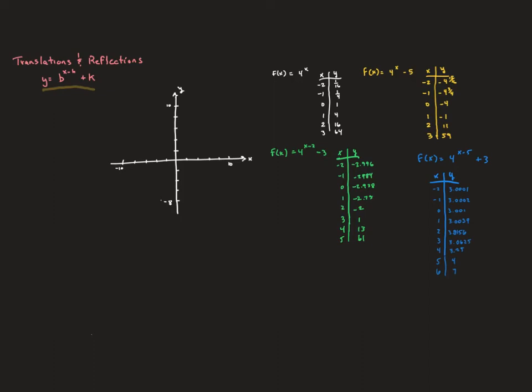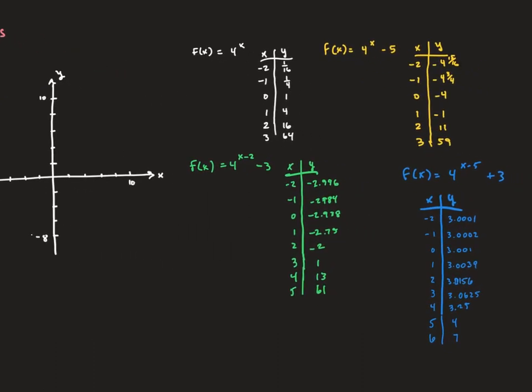Okay, so what I've done is I've gone ahead and input this information into the calculator. I have put in an x value and received the output of a y value. And you can see them here as I have 4 to the x power, my inputs and then my outputs. When I have 4 to the x power minus 5, my inputs and outputs. And so as I graph these,